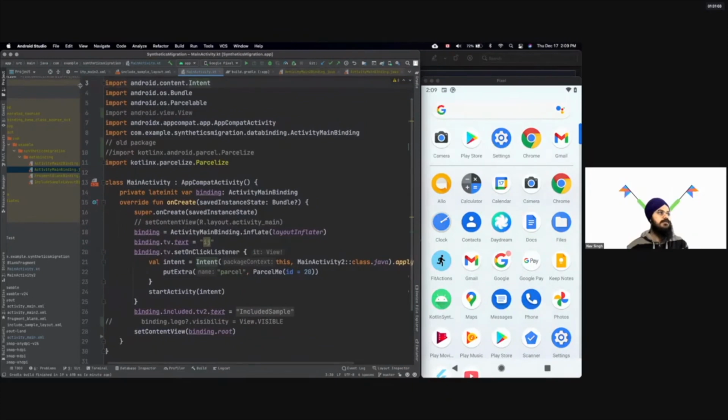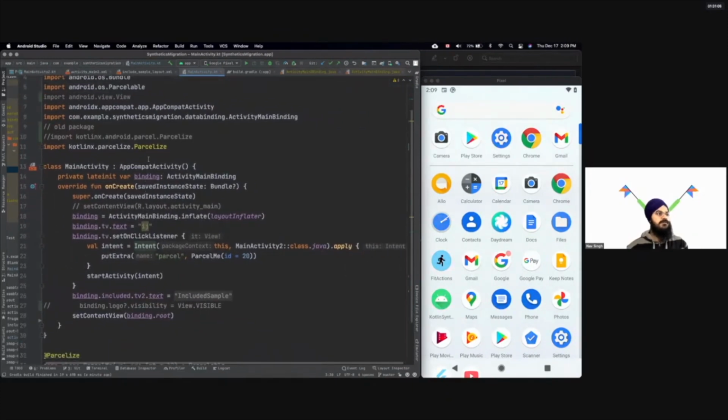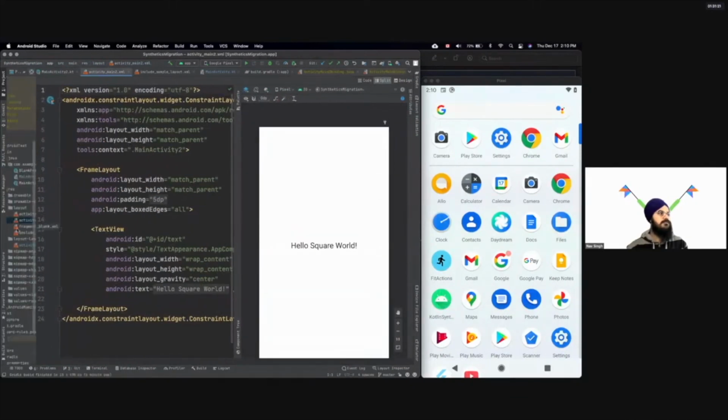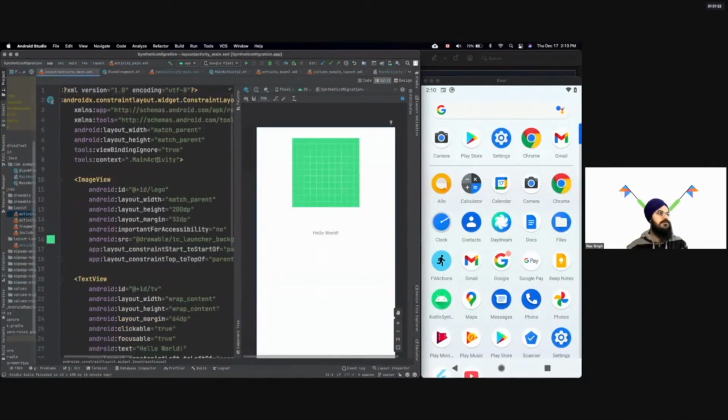So this is the sample code here. You initialize the binding. I created a binding of type, like the activity main binding. The name is referencing your layout file name. So if you see here, the name of the layout is activity underscore main. So it just appends the binding at the end of the name of your layout file, and it will be like what I showed you, the main